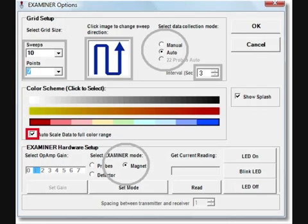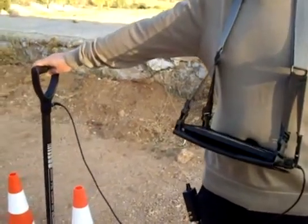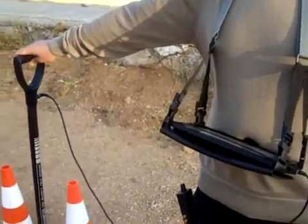Ensure auto scale is on. Click Set Mode and OK to exit. Before starting a new scan, the first square must be on a piece of ground that has not been dug,